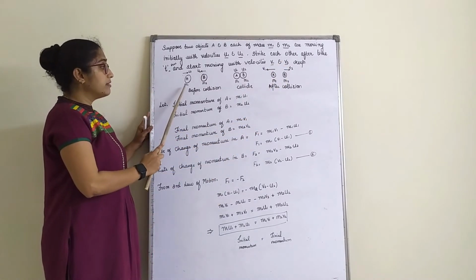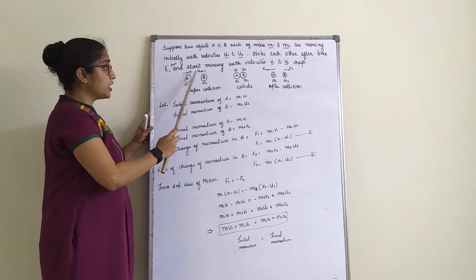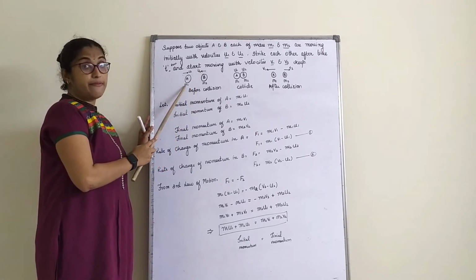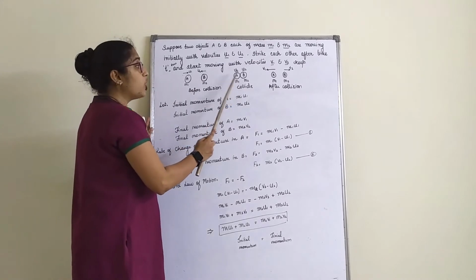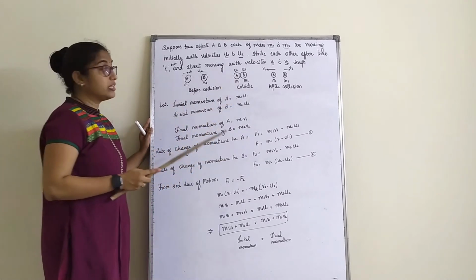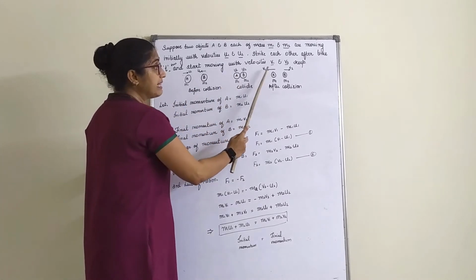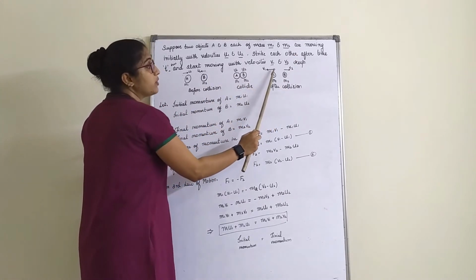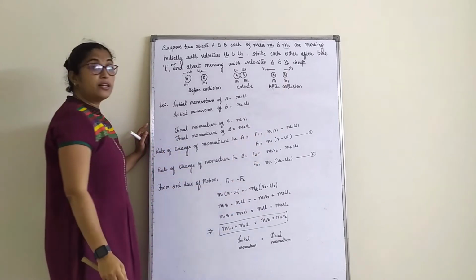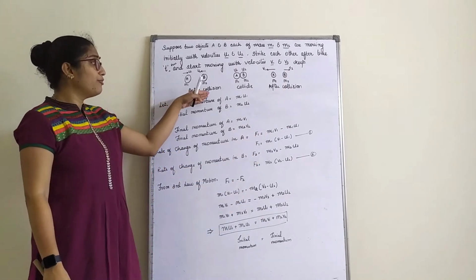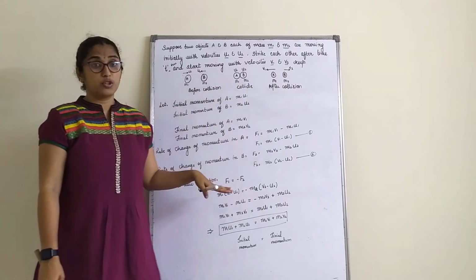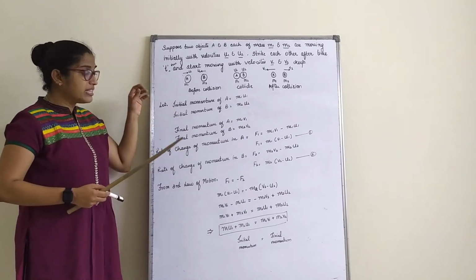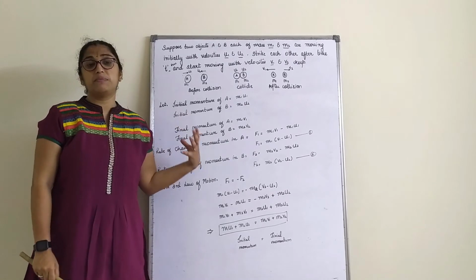That is what? This is before collision. The objects are moving with velocities u1 and u2 of mass m1 and m2. This is when the objects collide with each other. Now once they collide, they will repel back and go to the opposite direction with velocity v1 and v2, right? Before collision and after collision. So again, see here, it's a very simple derivation, this as well as the previous one.